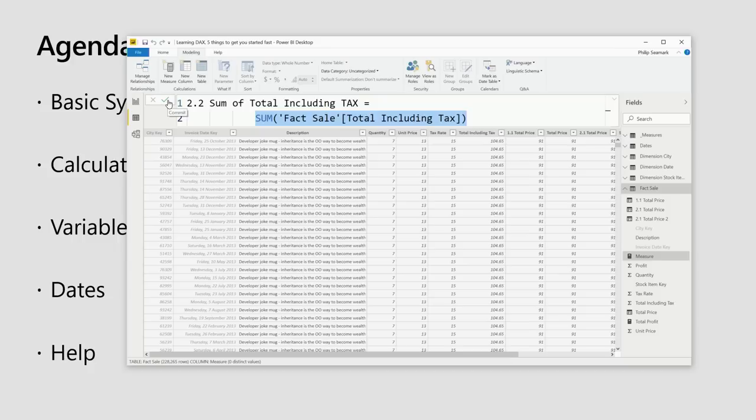Now, calculated columns, when you add them to your model, as soon as you click the OK button, the expression in DAX does all the work at that point, generates the number for every single row, adds it to the model, and then it stops. It just doesn't run again. And the model is actually read-only. The next time you come to refresh the model, the expression that we wrote in the calculated column runs at that point. So it doesn't run at the point that the end user is interacting with the report.